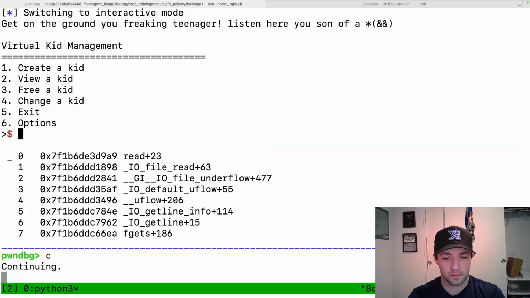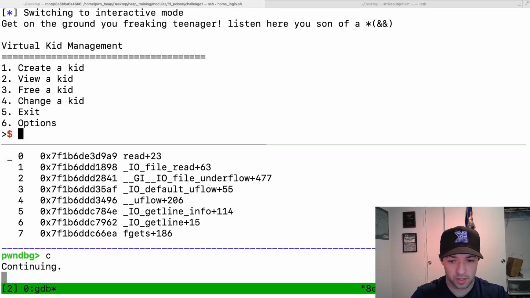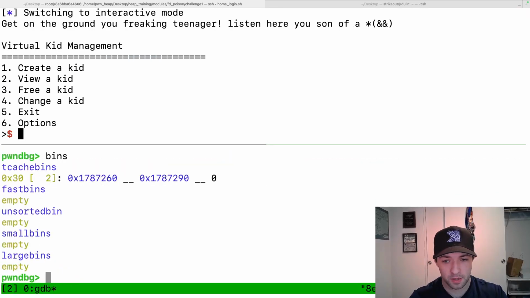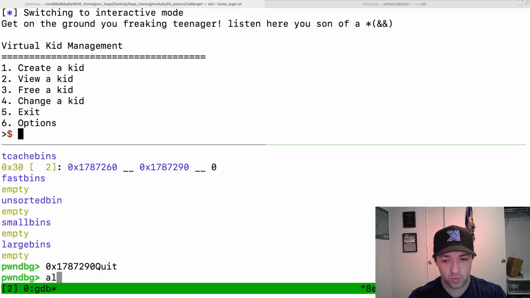So if we go up above, we can see that we have indeed printed Maxwell, and this is an integer, and I made it nice for you guys to just print in hex. So if we keep track of this value and then go down here, we look at the bins, we can indeed see this. So this is going to be the kid1 pointer that we found. And if we print all kids again, like we did a moment ago,